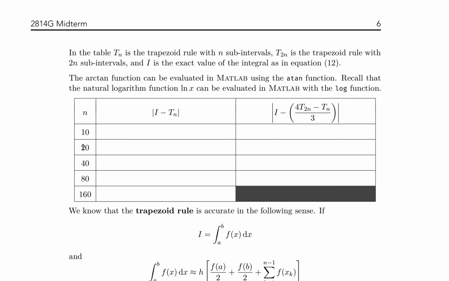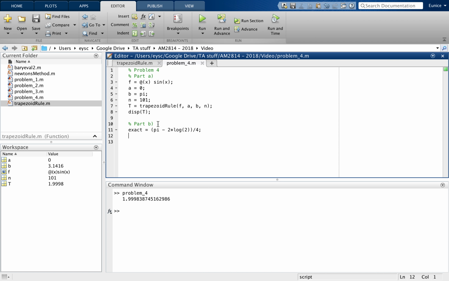So it's the value from n that is double the previous one. So we can go ahead and type that in. Let's just do that for n equals 10 for now. And before that, we actually need to write in our function. So we want f equals a tan of x, and then we're integrating from 0 to 1, and we have our